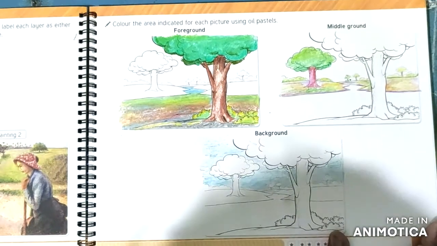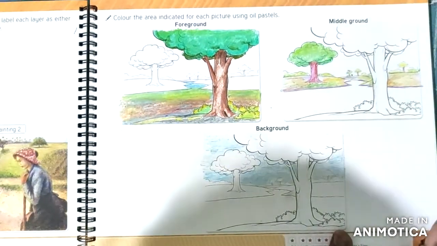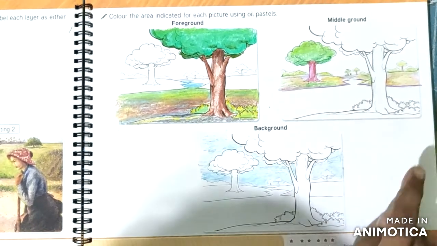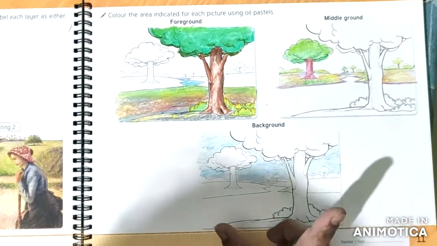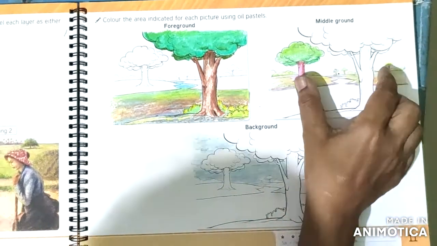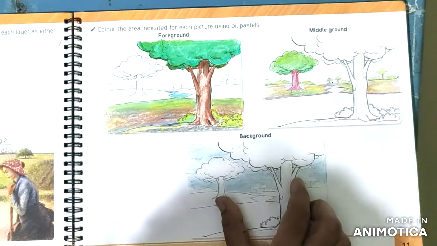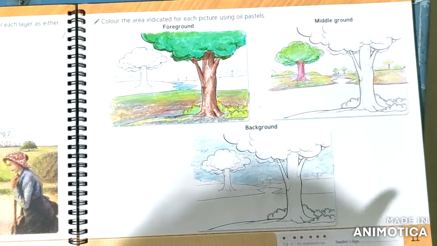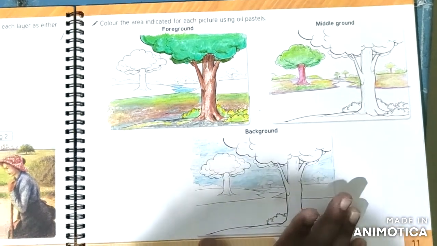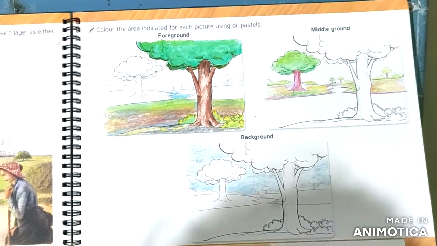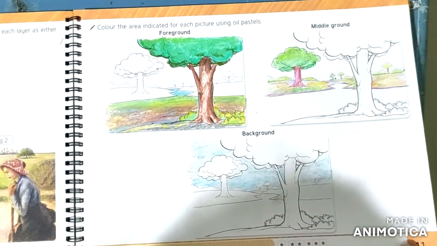Crayons or pastels, no problem. I have here crayons, I use them. You can change the shades, colors also, but the darkness in the foreground, the middle ground and the background must be as it is. So this intensity must be followed. Shades may change, don't have any problem. Understand? Now turn the page.